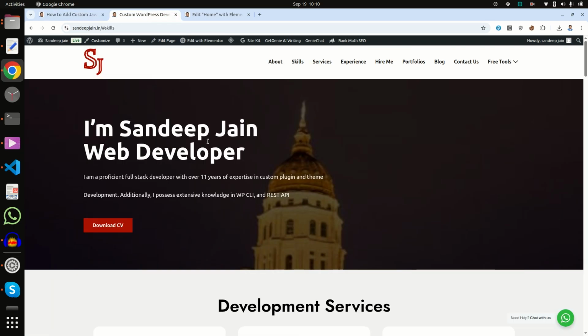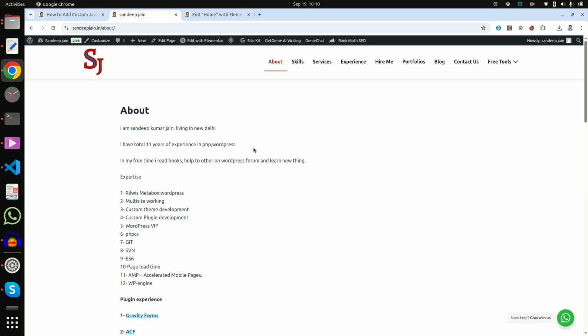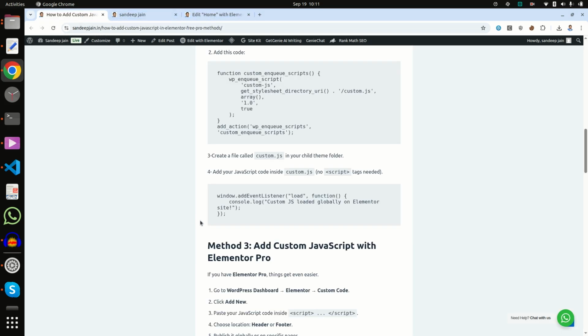Here it will run, and on the about page it will run, so everywhere it will run. If you want to add some condition, then you can add the condition at enqueue time. You can add a condition like it is for only the home page, and by that you can implement this.